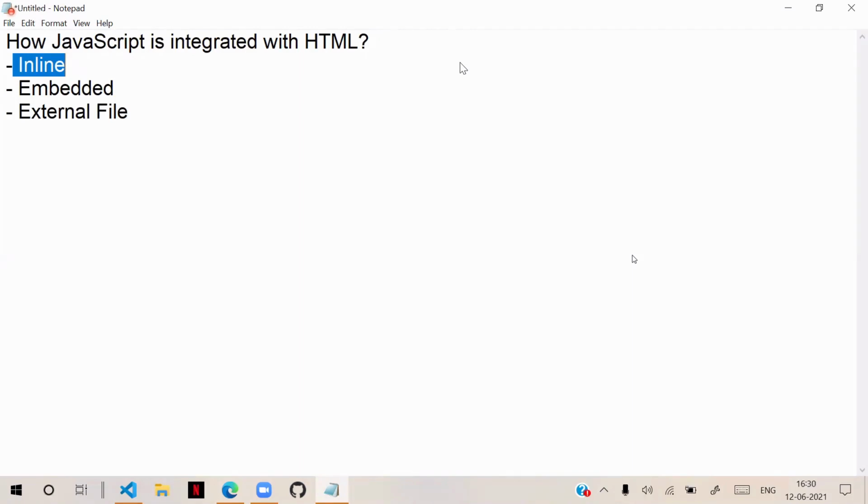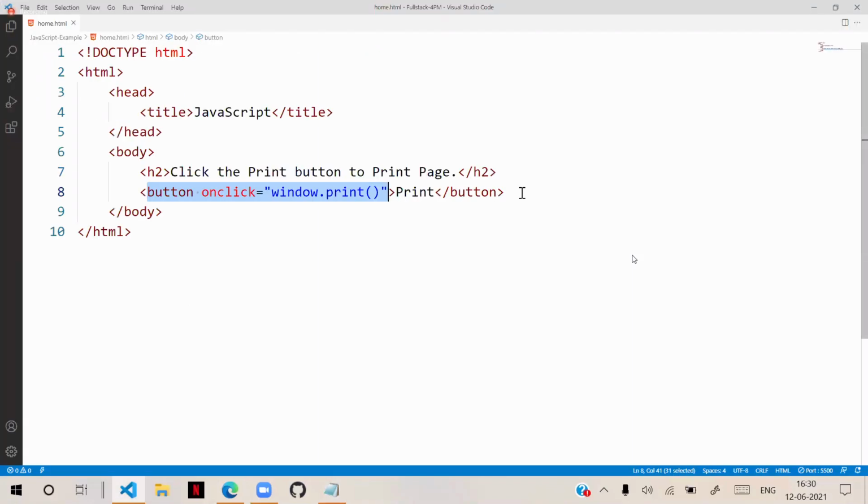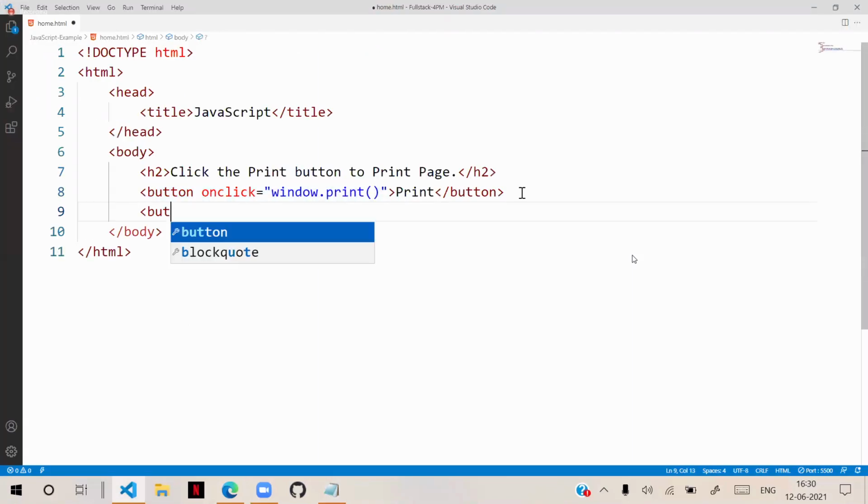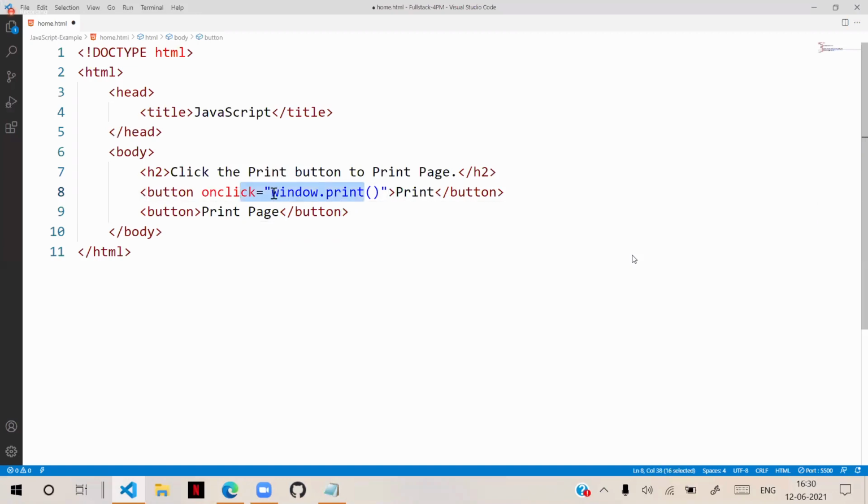What is bad, the problem with this, is that we cannot reuse it. That's what we already learned in CSS. I hope everyone remembers. We cannot reuse those functionalities again and again whenever required. Suppose I have another button and this button also prints the page. I want this button to do the same work. As of now, it's one simple functionality, so it's okay.